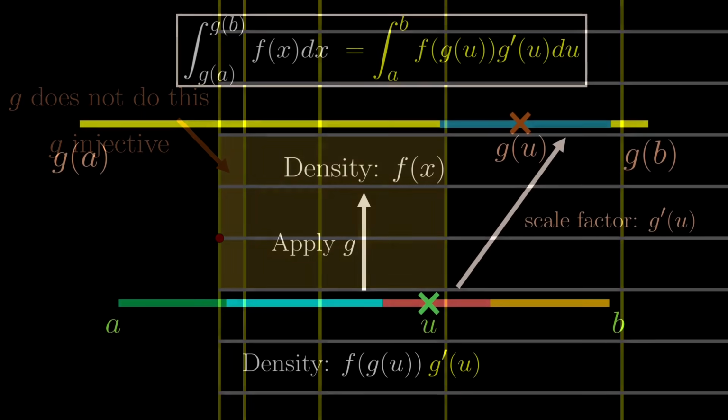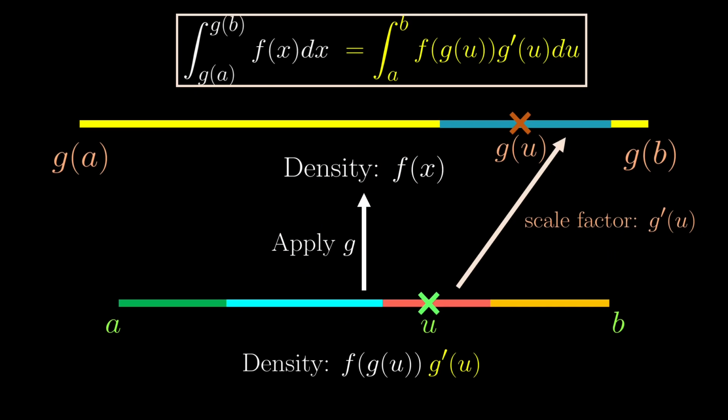G cannot look something like this. Because of the absolute value, this bit would be integrated twice. We don't want this to happen, and so we require that G doesn't do this. In more technical mathematical terms, we say that G is injective. Again, there isn't such a restriction on G in the one-dimensional case, but I will leave the details out for now.